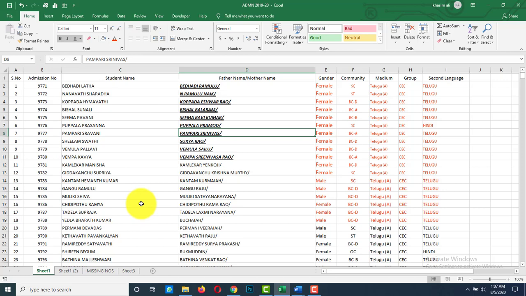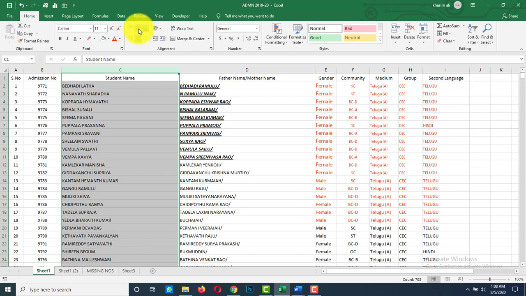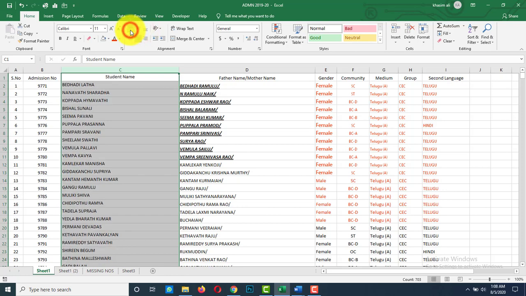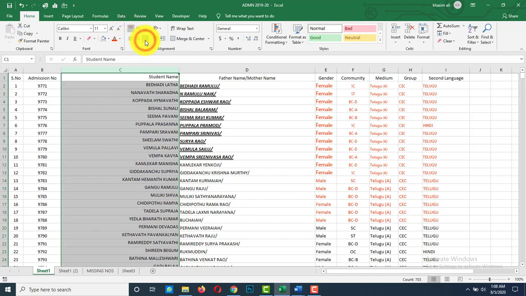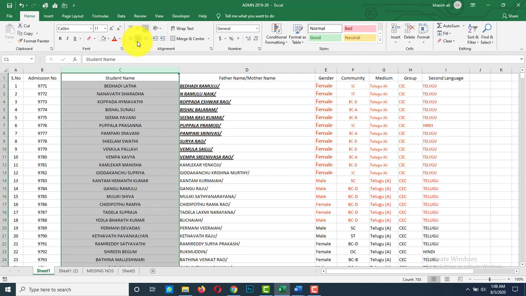Now you have 3 more alignments, that is vertical text alignments. Here, top alignment, bottom alignment and middle alignment also. You can change it to top, bottom or middle. See, top left, top center and top right. Like this you can change middle left, middle right and middle center, and bottom right, bottom left and bottom center also.